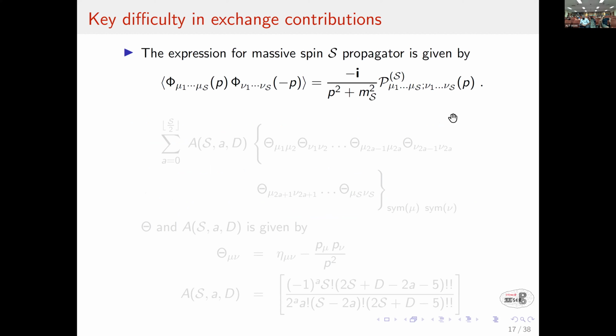So as you know, the key difficulty in this business of higher spin exchange amplitude is that the propagator is hugely complicated. I'm sure many people have worked on this, and it's just a mess. And for black hole purposes, we just need spin 2, right? Spin 2 will be the graviton, but I also need the higher spin propagator. So you are not necessarily interested just in this leading order Born? No, no. People want to understand more and more precise information about the potential. Leading order is, I think, just Newtonian.